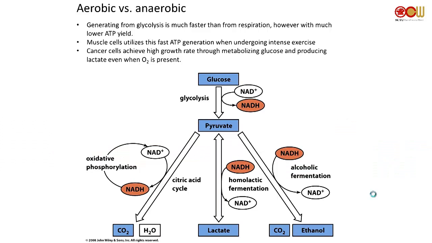But it turns out in cancer cells, you guys know that cancer cells are these cells that are growing without control, and they have random mutations, and some cancer cells can generate lactate even when O2 is present. So what that means is that you will be generating a lot of ATP uncontrollably, and as a result, you promote faster growth. Okay, does that kind of make sense?